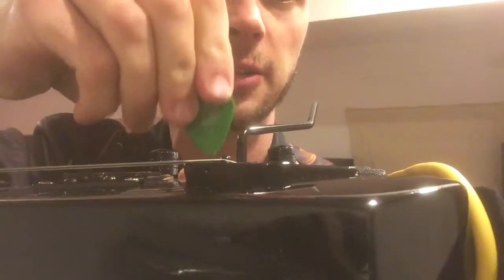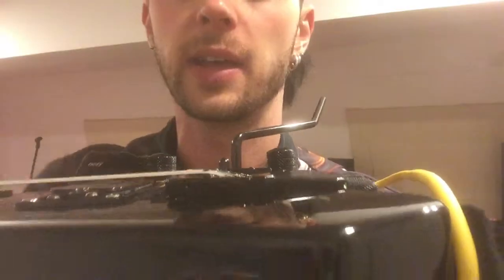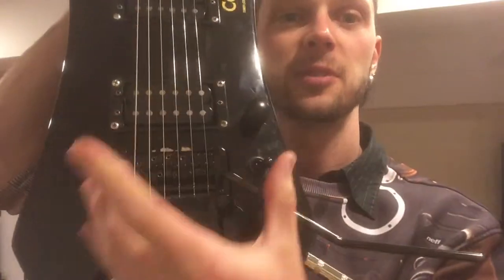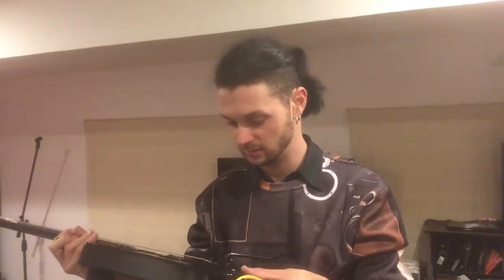This is the side of the bridge, as you can see. And maybe in there somewhere you can see a tiny little Allen screw. That, no headstock to worry about, pushes all the saddles together. And that's how you keep your intonation and shit. So it's all very clever. And I almost can't get over that. But